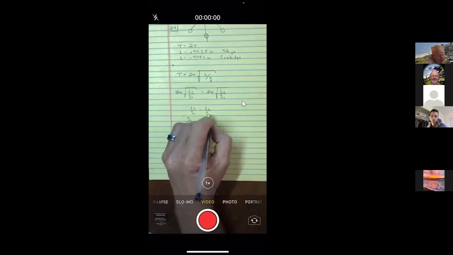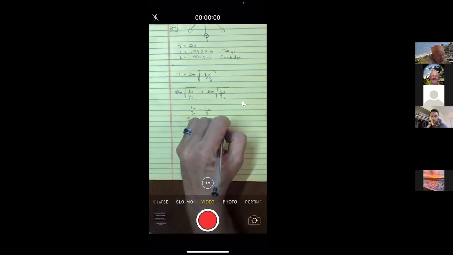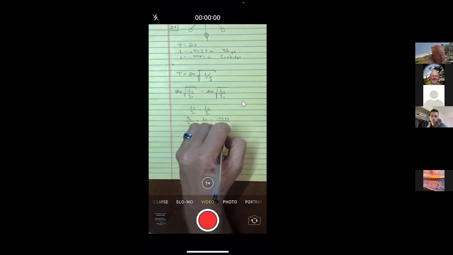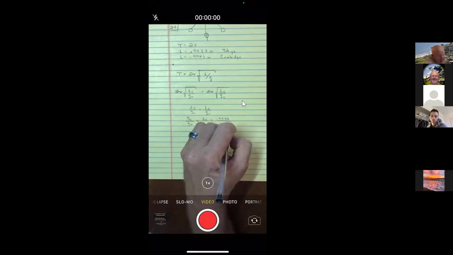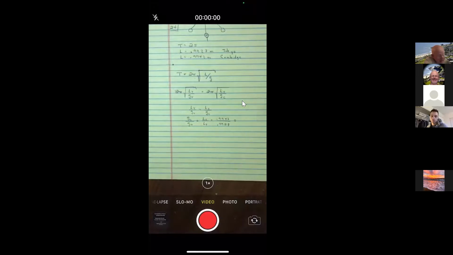as the length of Cambridge to Tokyo. And Cambridge was 0.9942. Tokyo was 0.9927. So it looks